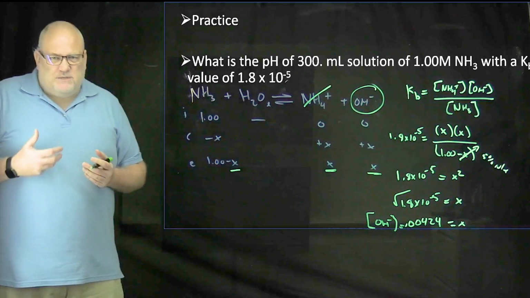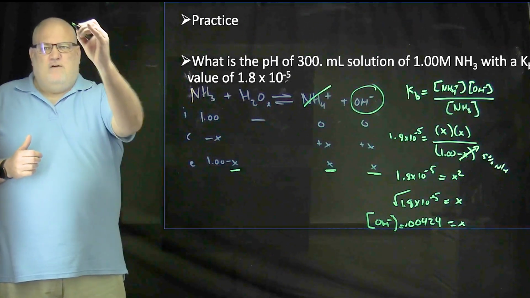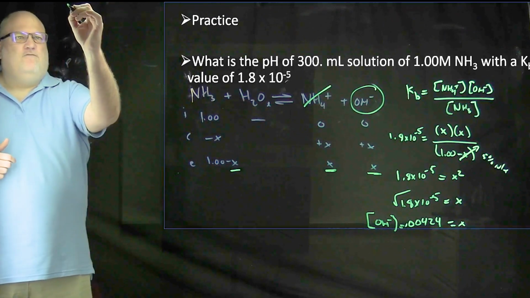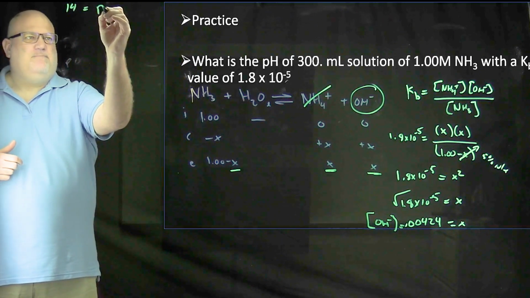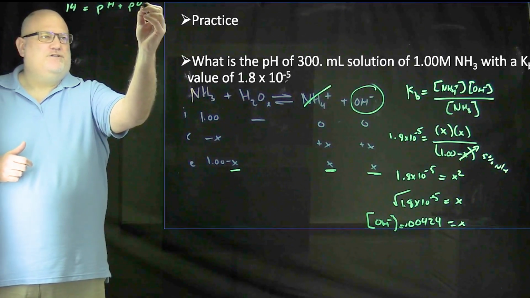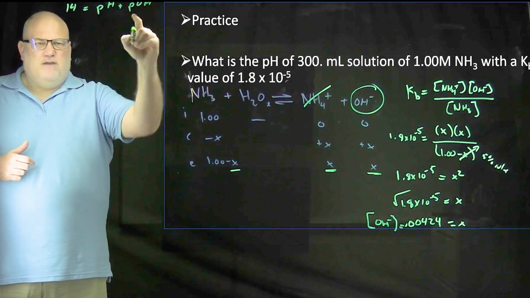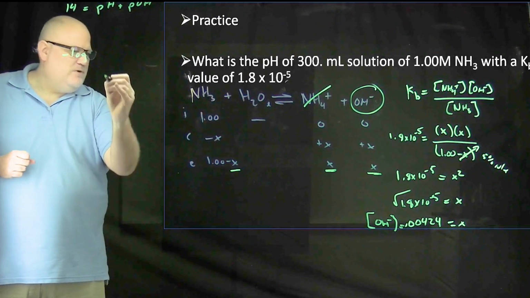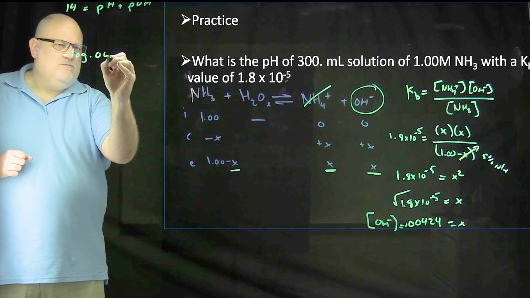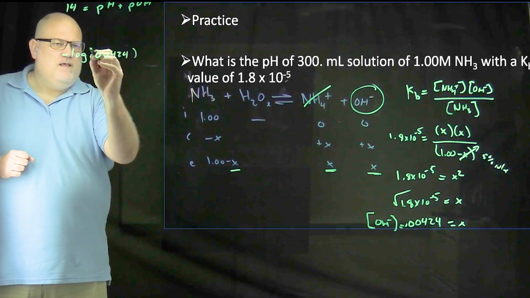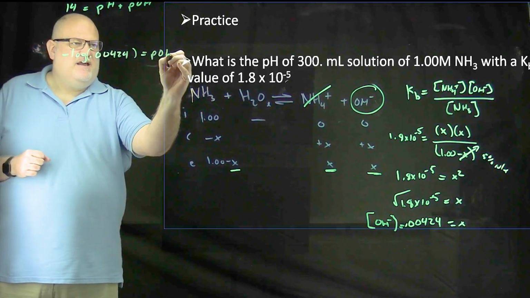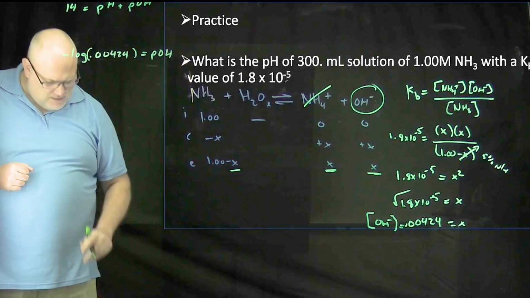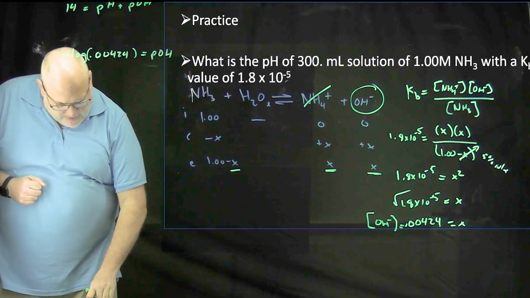Now, the thing that we're using is we know that 14 is equal to my pH plus pOH. I can figure out my pOH by taking the negative log of that number that we have over here, the 0.00424, and that's going to be my pOH. And then I can subtract that from my 14. So in this case, when I take the negative log of that, I end up with